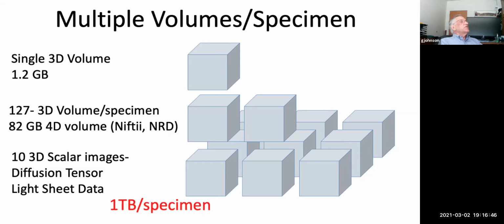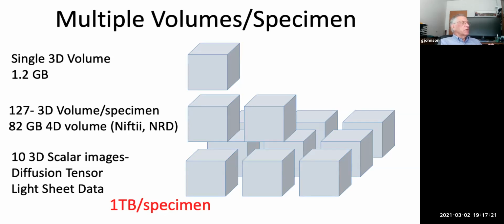So if we take a single volume and we're looking at, say, 15 to 20 microns resolution, we generate very large images with just a single volume. One 3D volume might be 1.2 gigabytes. As you'll see at the end of this talk, we get to the point where we're looking at 127 3D volumes, each of which is more than a gigabyte. And you very quickly find yourself with a single image that is 80 to 100, maybe 200 gigabytes for one